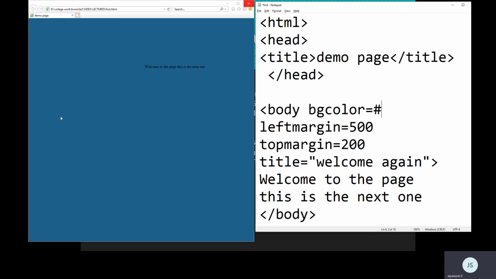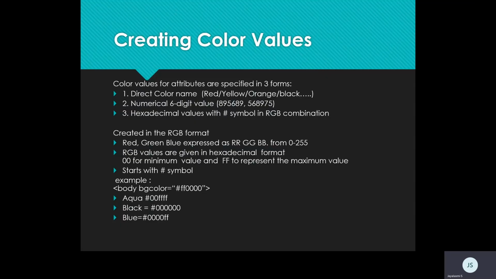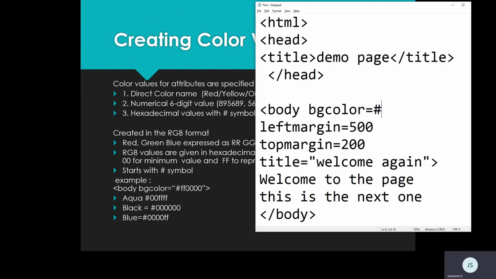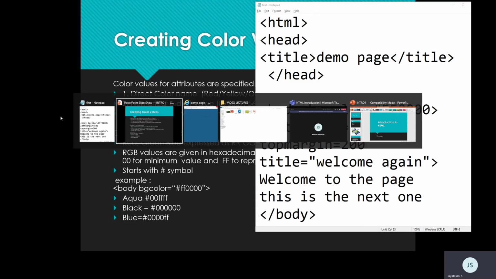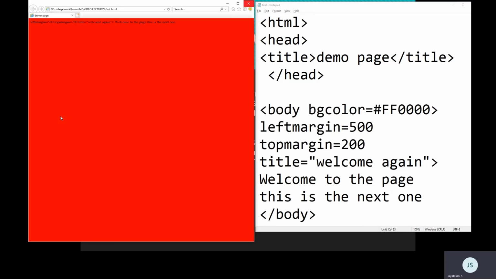And the third type is you can specify a hexadecimal value. All hexa values are given with a hash symbol, and the values are RGB, R for red, G for green, and B for blue. In this the minimum being 0 and maximum being F. F for highest, 16 is the decimal base of this hexadecimal. So for the highest value we represent with the F symbol. Taking R into consideration, if I say FF0000, the first two F's are for R, so my display color should be red.